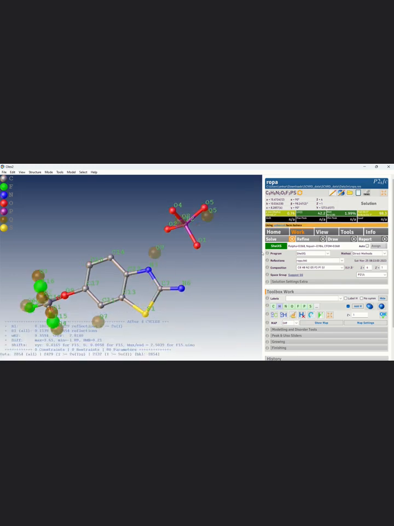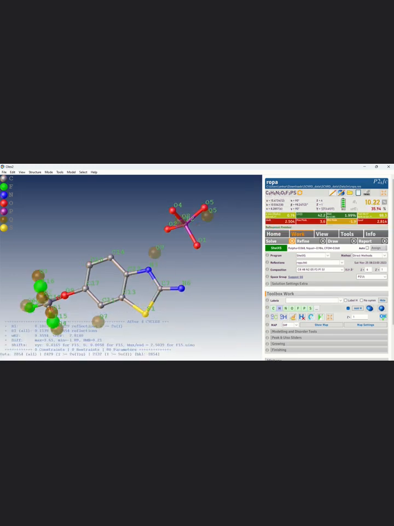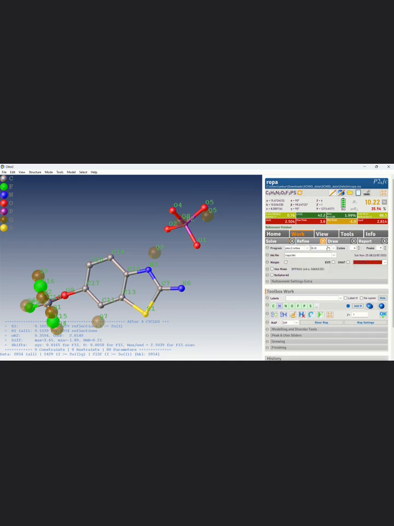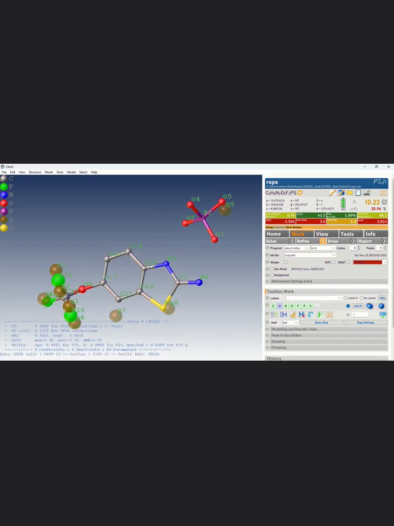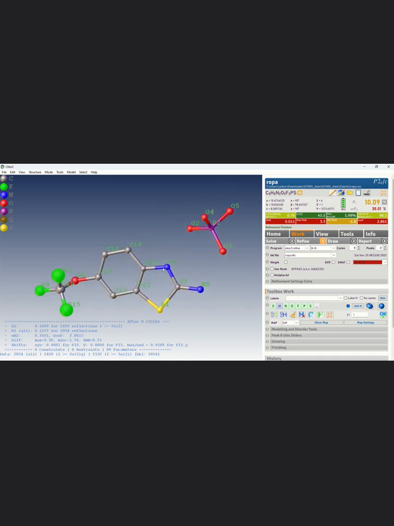And as we can see, the structure has a 10.22% residual factor, so we can also increase the number of cycles to 8, and click on refine again. As you can see, as the number of refinement cycles is increased, the residual factor dropped to 10.09%. Now this is not sufficient, so we need a better residual parameter, less than 5%. So what is remaining is that these valencies are not